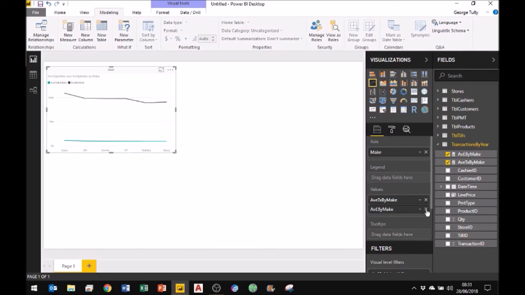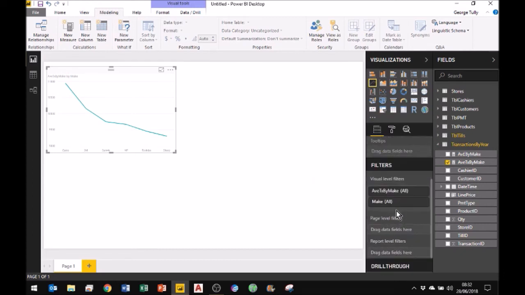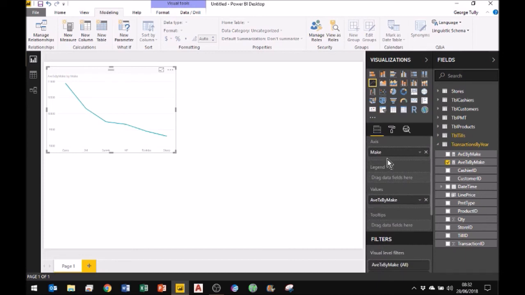So I might say for this particular one, I don't want the average by make, and you'll notice that just like before in the Power View, if I drag them off to the side, they don't disappear, but I've now got a handy little X I can click on the right hand side just to remove it. So this is the average number of transactions by make, and I can put some different values in here. So my legend, I want to see the make,